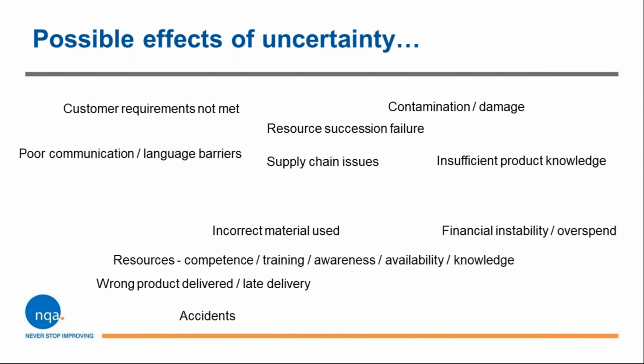Communication and language barriers: from a health and safety perspective especially, difficulty understanding can lead to uncertainty and risk with people performing their tasks. Compliance breach, again, nobody wants that, but it can happen. Process inefficiency: look at how things are working. Are they performing as you intend? And if not, why not?